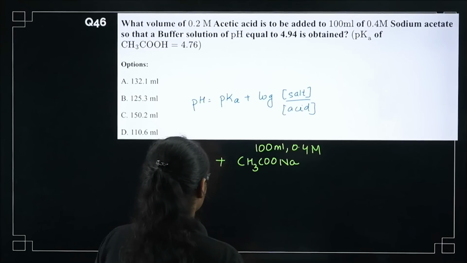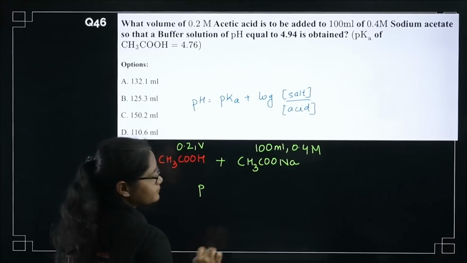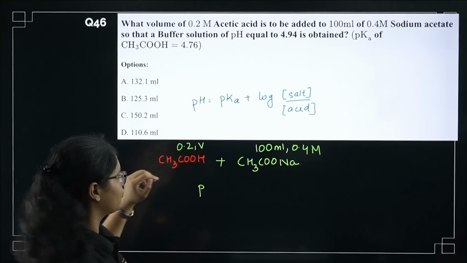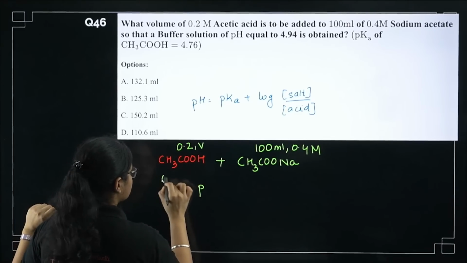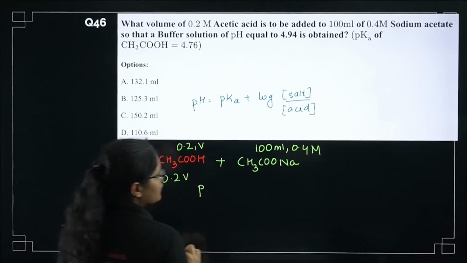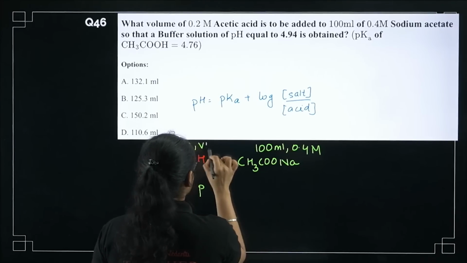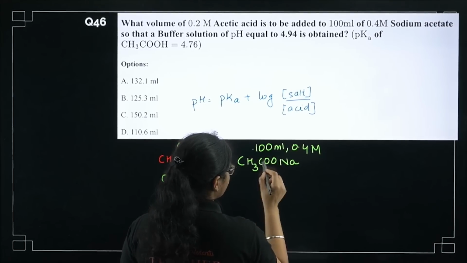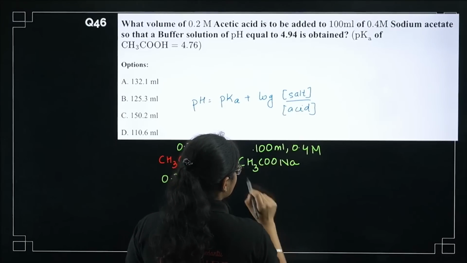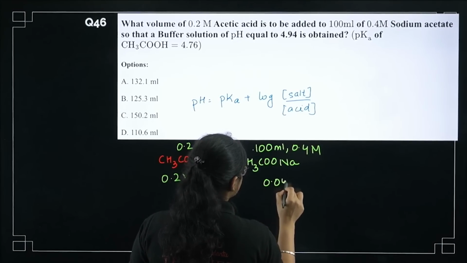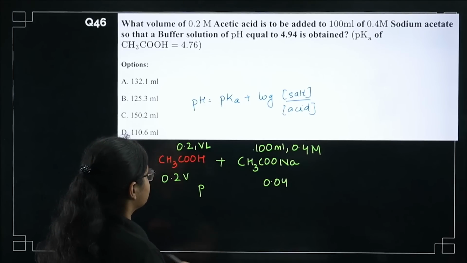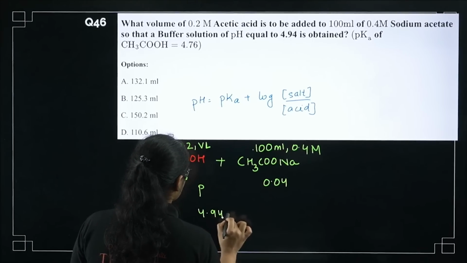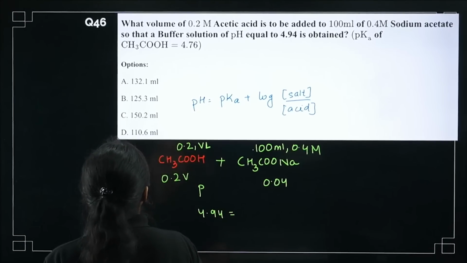So now, let this volume be V. I don't know it, right? Let it be V. So molarity is there, volume is there. So the concentration of this one will be 0.2 V, with V in liters. And for this one, if it is 0.1 liter, then 0.4 into 0.1 will be 0.04. So I can substitute here, the pH value is 4.94 and I have the pKa value as